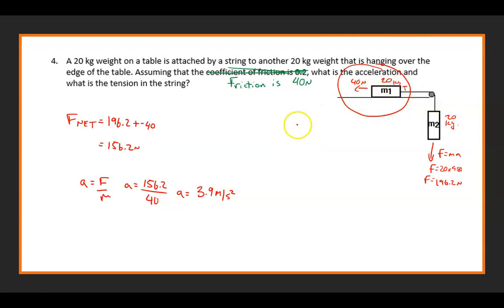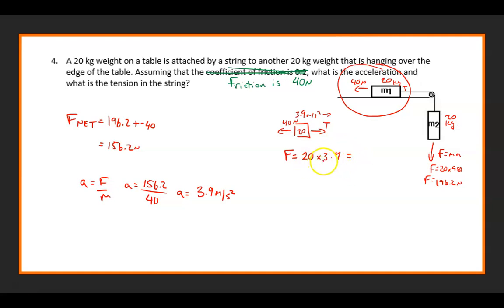But M1 has a mass of 20 kilograms and is accelerating to the right 3.9 meters per second squared, where that's the tension, and this is 40 newtons. The overall force is 20 times 3.9,